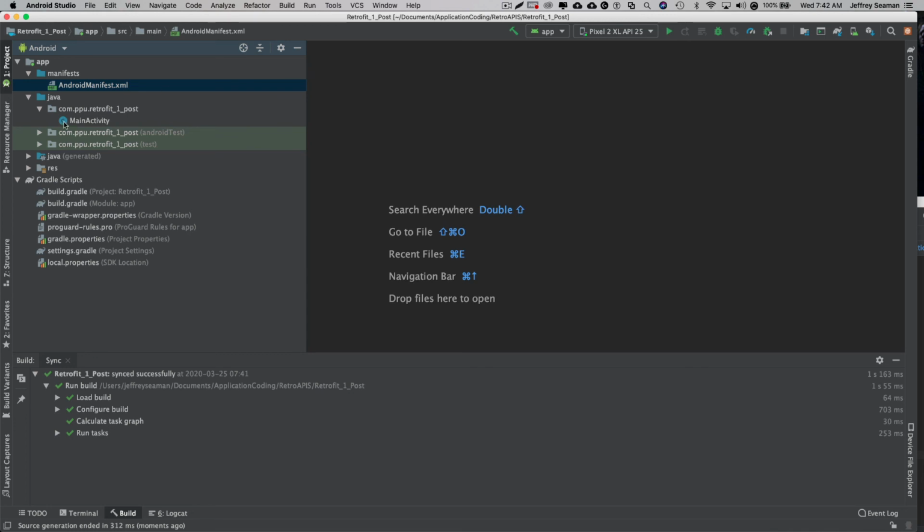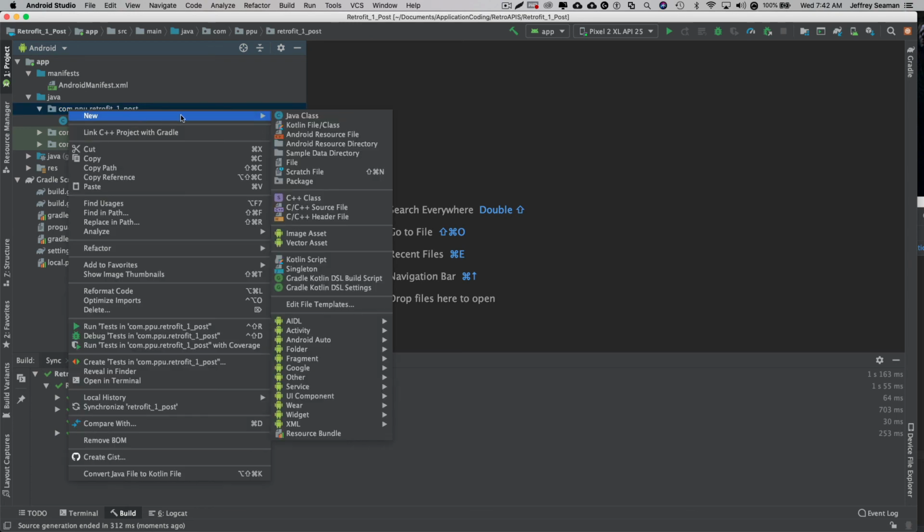The other thing that we're going to do differently that we didn't do before is, we did create an interface inside the MainActivity.java. We're going to create it outside. So we're going to do a new